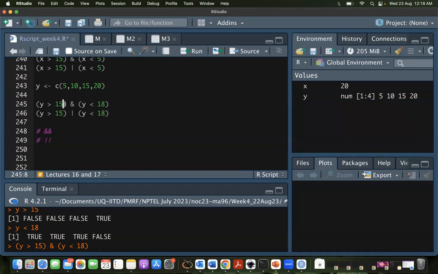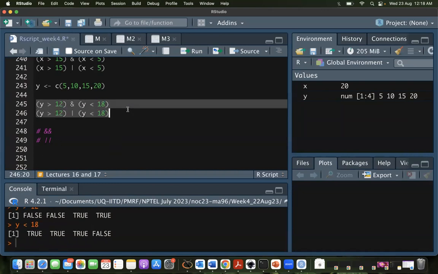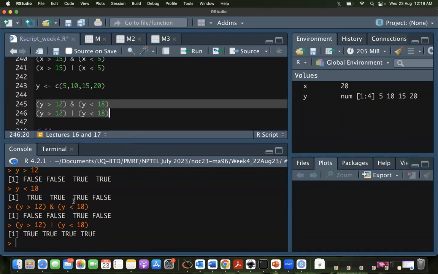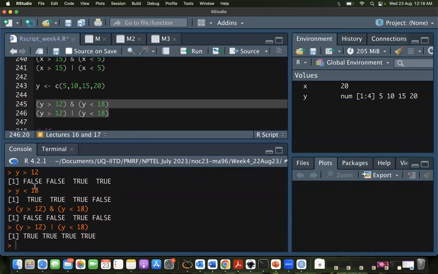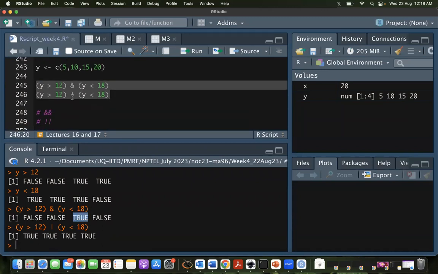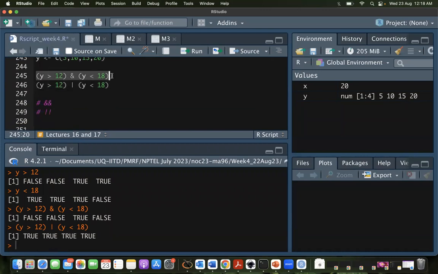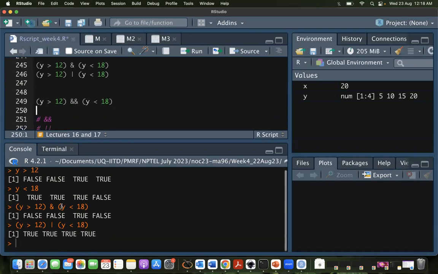So let me give you another example actually for this. This is there and this is there, and then these two. So these two you understand, right? False and true, they give you false. So here you get true in the third one for and. So now instead, if I would have a double and here, so it's going to